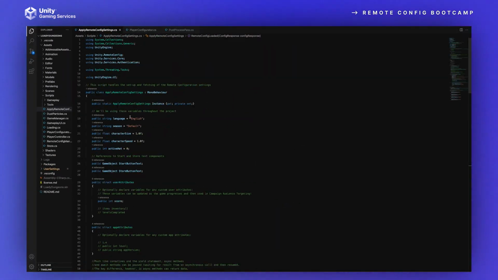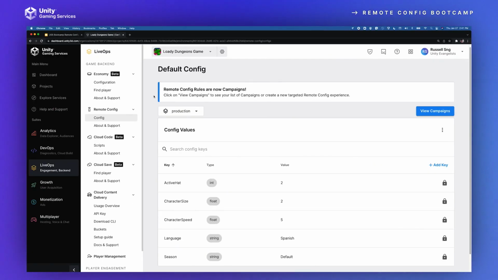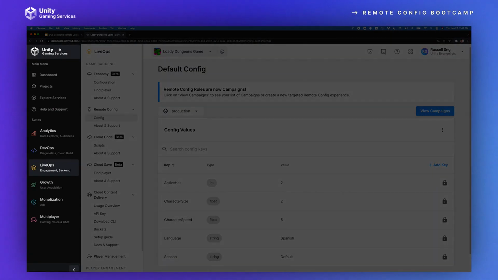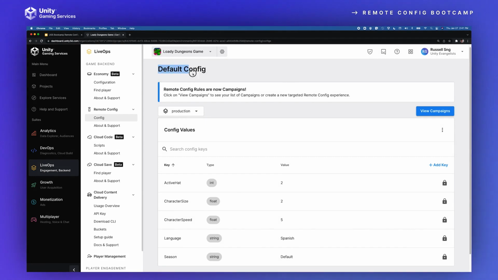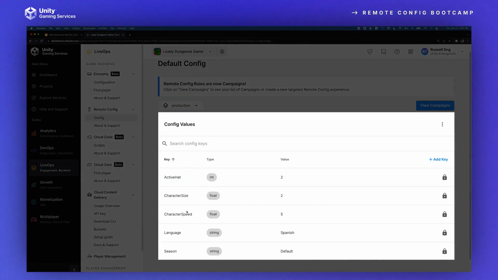So let's take a look at the dashboard. And you'll find on the Unity Gaming Services tab under the Live Ops, Remote Config, these are the settings. And so you have the active hat, the character size, the character speed, the language, and the season. And if we were to change this here back to English, and the character size back to 1, and the hat back to 1, and make sure that you hit save,